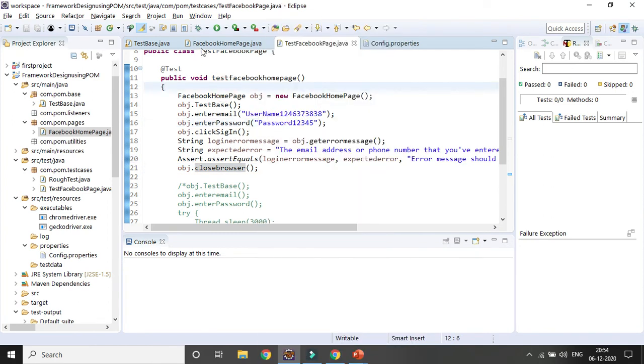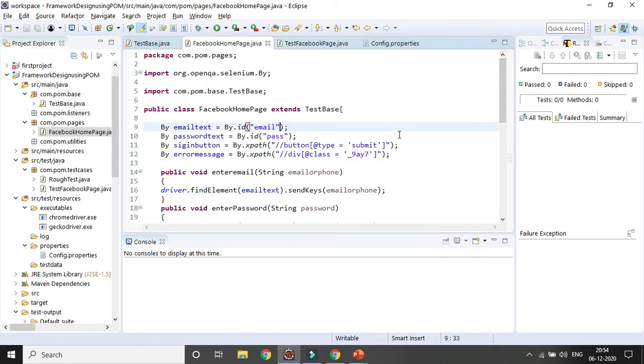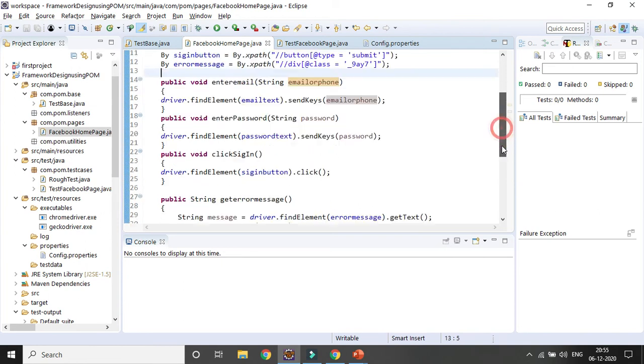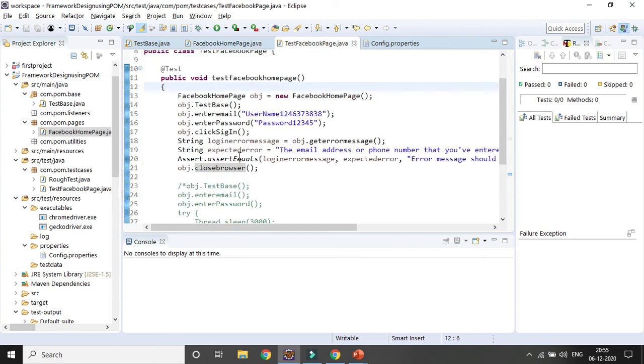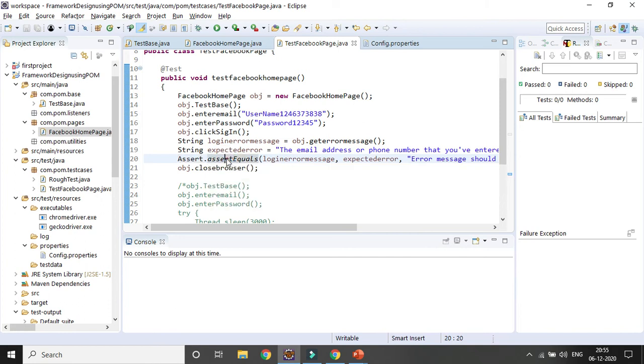Right now I have implemented the page object model design pattern, and I have created methods where, instead of hard coding, I am passing a reference for each and every field, like the input fields, and also capturing the error message. I created a method for capturing the error message which returns the text, and I am calling it and also giving the expected error message. I want to check it with the help of the assert class available in TestNG, and the assertEquals method in the assert class. After that I am quitting the browser. So let's run it and see.